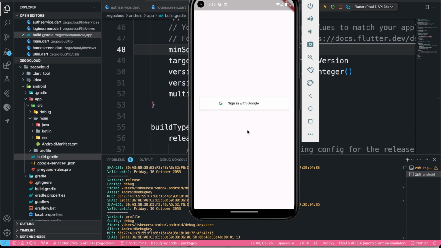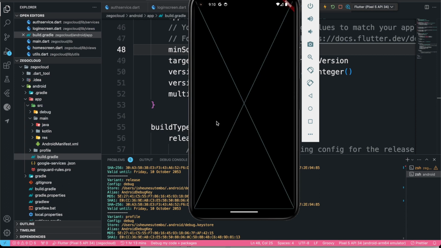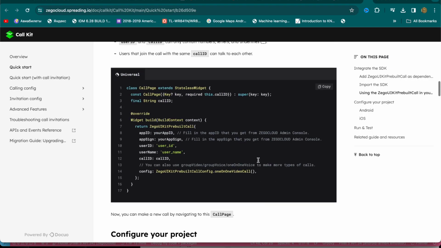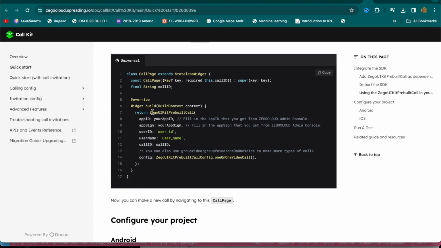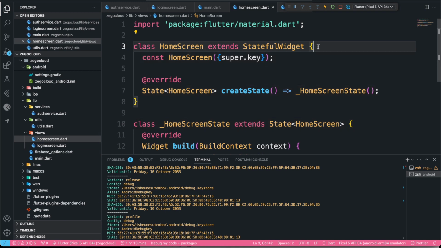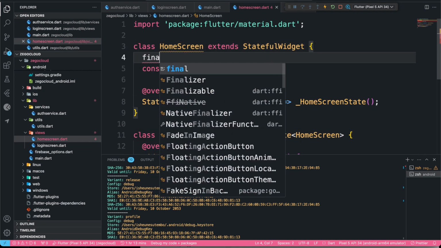So let's try to sign in with Google. Yeah, let's use this account. Yeah, as you can see, now we are logged in. Cool. All right, so the next part is we need to just use this one, ZegoCloud UI kit, right? So this is the easiest part. So let's go into our core screen or our home screen. What I'm just going to do is in our home screen, I'm going to say we need a final